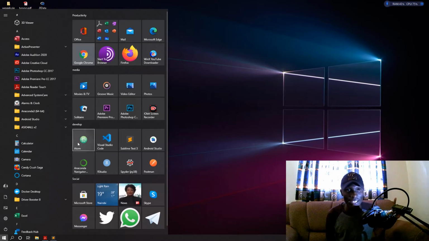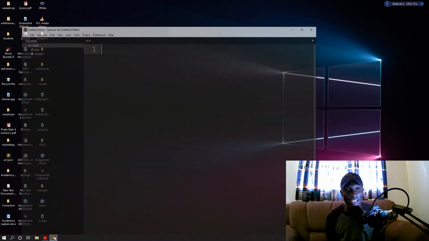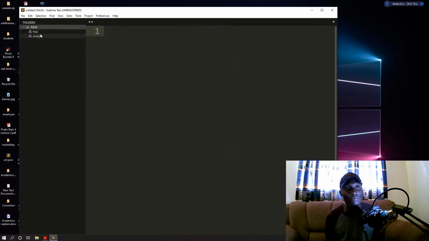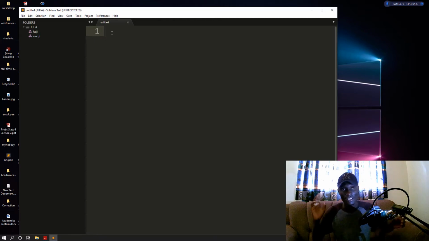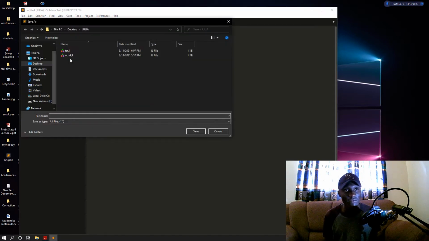I showed you how to install Atom. Installing any editor is actually the same process. You go download it and just install it. I'll be using Sublime in my case, so I already have it open over here. We made some files about 4 or 5 videos back. Now we'll be creating a new file. If you're using Sublime, Control and N creates a new file, and then you can type the name here or just do save. Now we call it functions.